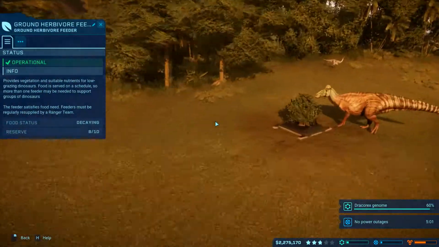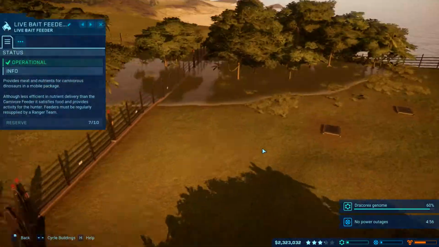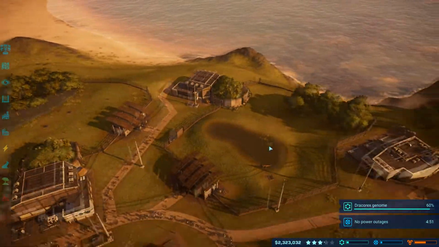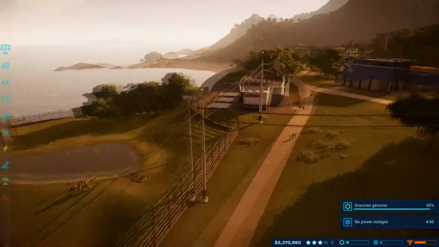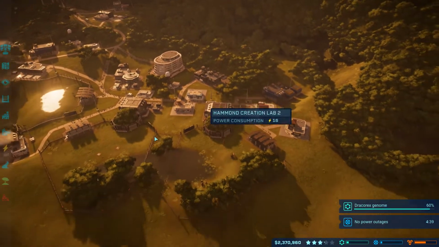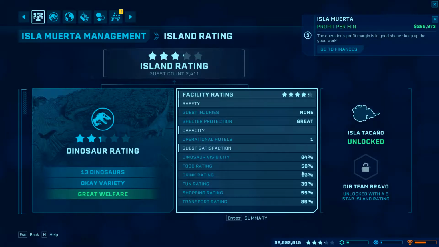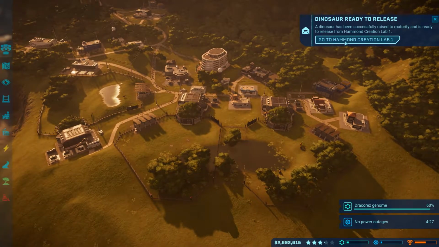How are the feeders? 8 out of 10, but it is decaying. Raptors, plenty of goats stocked up, and the Ceratosaurus also have plenty of goats as well. Okay, so we just wait on. Check our... why is our satisfaction quite low? Funds down at 39%. So if we perhaps